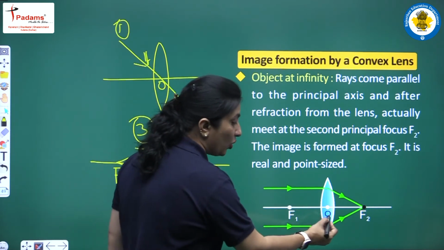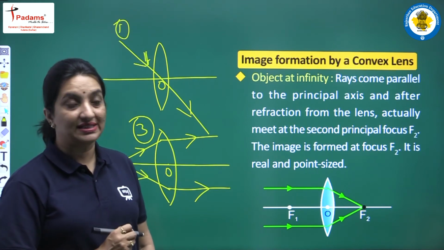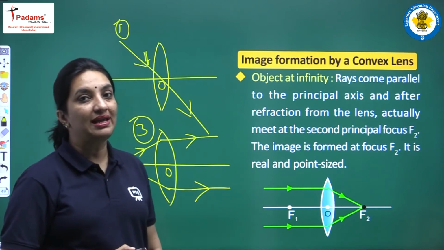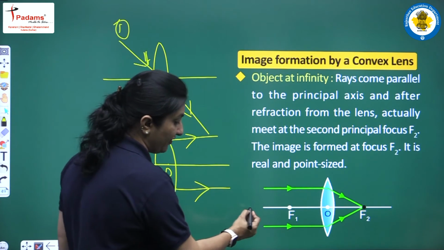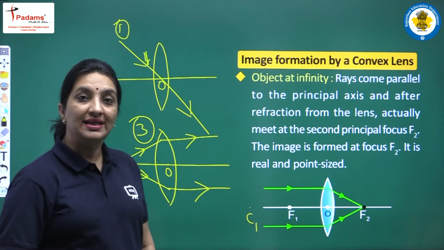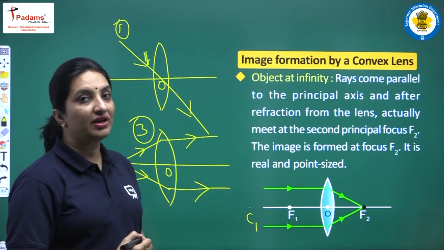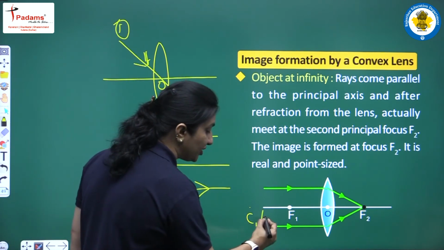We have O as the optical center, which is the center of the convex lens. Then we have the first focus point denoted by F1. Then we have the center of curvature, which can be denoted by C1. In some books you will find the center of curvature denoted by